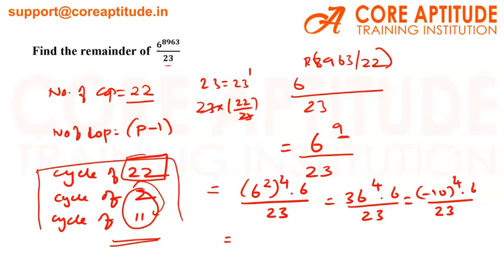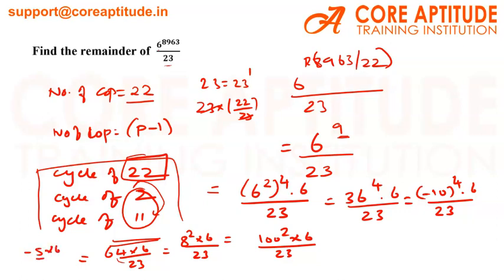So this will be 100 square into 6 divided by 23. It will be 8 square into 6 divided by 23. So I can write 64 into 6 divided by 23. 64 divided by 23, I know that 69 is divisible. So I can say it's minus 5 into 6 divided by 23. So the answer is minus 30 divided by 23. It is again minus 7 by 23. I can write 16 divided by 23. So 16 is my